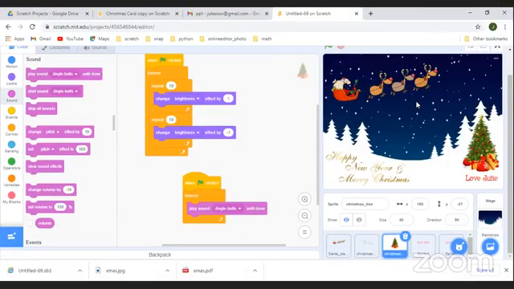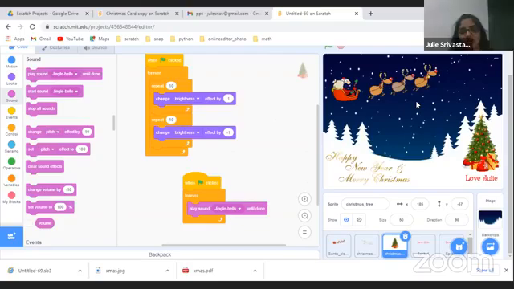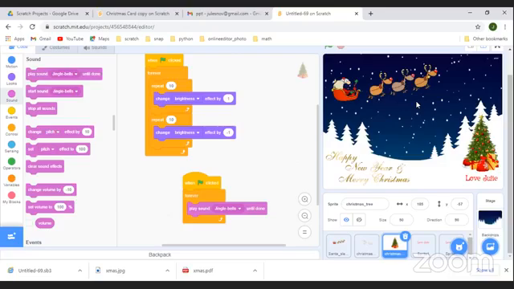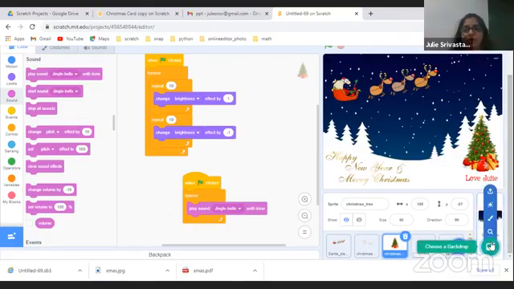Ma'am, when I upload a picture, the background is going away and only the picture I uploaded is there. Have you uploaded the backdrop in the backdrop, and the sprite in the sprite? There are 2 options on the right-hand side.